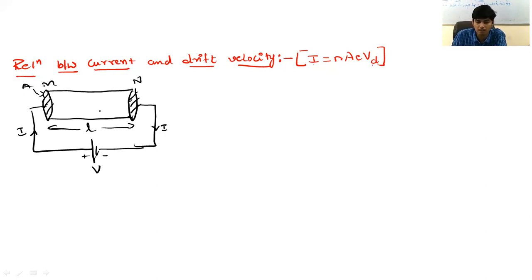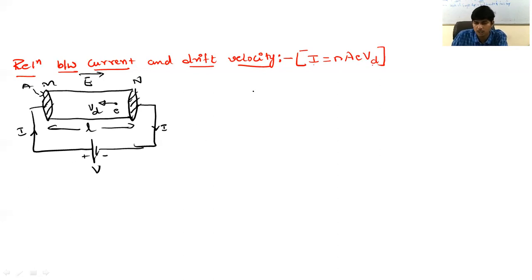Once we connect the battery to the conductor, the battery establishes an electric field inside the conductor. Electrons inside the conductor will now start drifting in a direction opposite to the direction of the applied electric field with a velocity called drift velocity. Now, you have to write the same explanation as in the previous derivation.